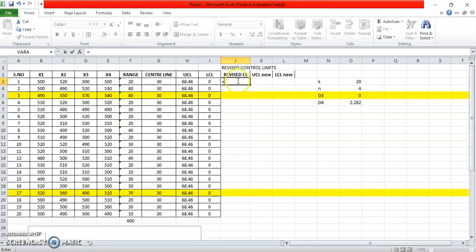In the revised central line, the formula, or we can also call it R bar new. Why? Because the central line was called R bar, so this revised central line will be called R bar new.